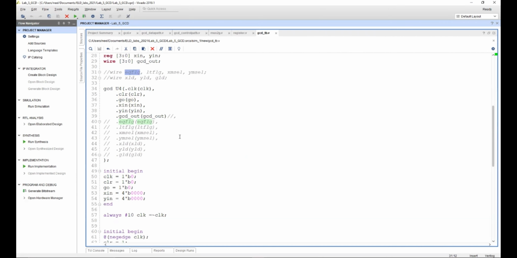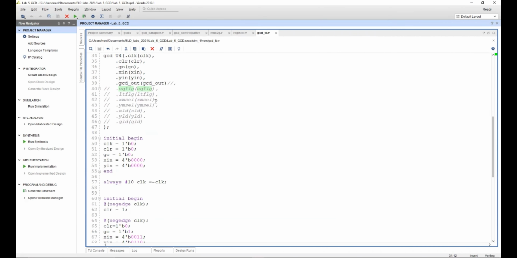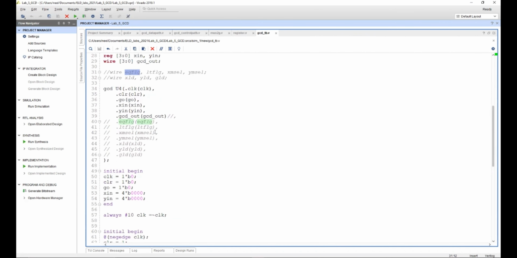If they're not equal, then this flag should be equal to 0. If by chance you chose to debug this and you uncommented this, then you will be able to see what the value of equal flag is. But based on our understanding of the code, we can determine that the equal flag would be equal to 0